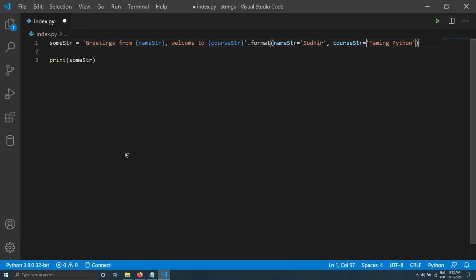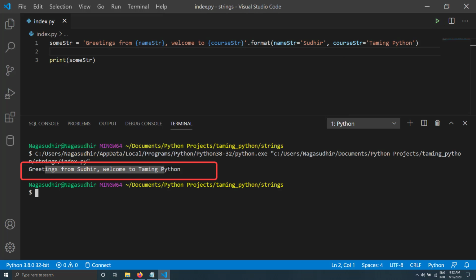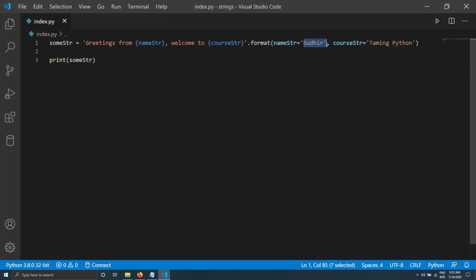Now what is happening here is, I have given a string, and in the substitution I am giving the named variables instead of numbers. So in the format I will just specify what is the value of those named variables. So let me run this. Yeah, I'm getting greetings from Sudhir, welcome to Taming Python. You can also use variables here instead of hard-coded strings.